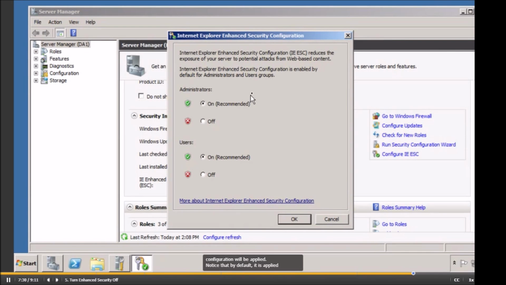Notice that by default it is applied to everybody, both administrative users as well as standard user accounts. And you can decide at this point who will be allowed to use IE in a typical workstation fashion and who will not, who will have enhanced security enabled. A common configuration that I have seen is to allow administrators to use Internet Explorer on the desktop of the server as if it were a workstation, because the administrator is likely the one who's going to have to go out and download updates for software and other things,